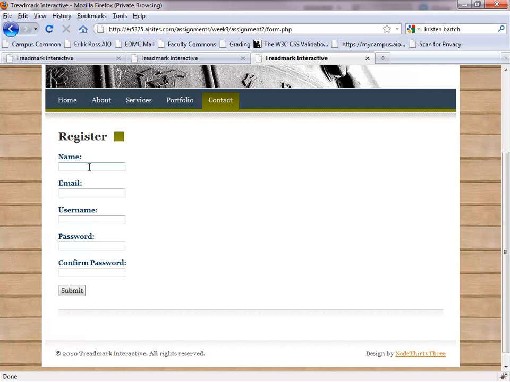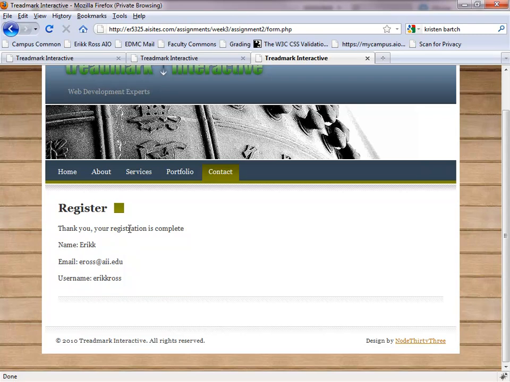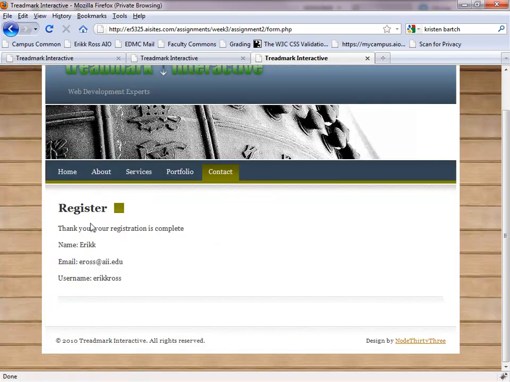So I'm going to refresh the page. So let's just show it when it's completely filled out. So there it is. We've registered and the form is now disappearing. Now there's two more things we want to do that I want to show you. The first is I want to add a check to make sure that these two password fields are the same. Right now, if you enter different values, there's no check to make sure that they're equal